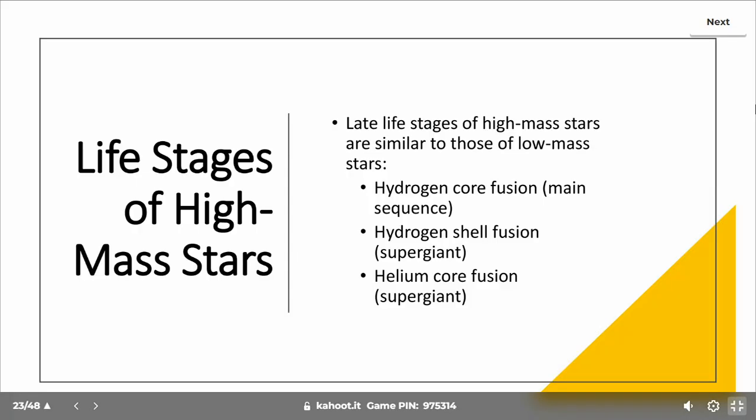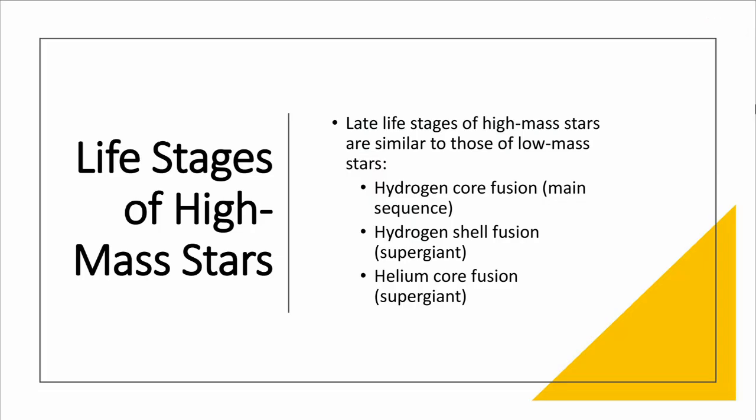So the stages for the star after it leaves the main sequence will be similar to the low mass star. For being on the main sequence, you're just doing hydrogen fusion in your core. That's just the CNO cycle instead of the proton-proton chain. Then you become a supergiant when you have your